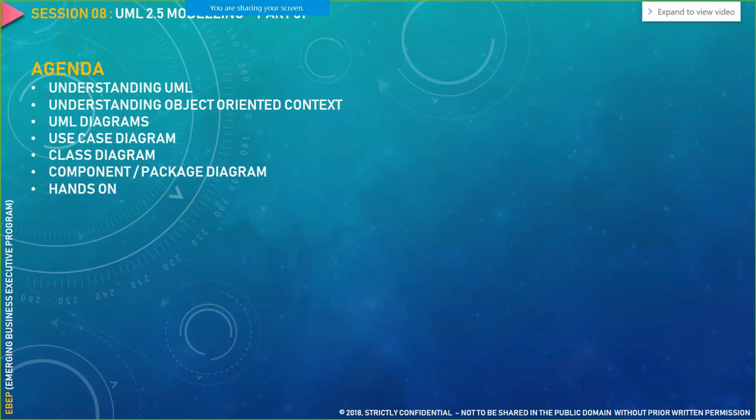Okay, so in today's session, we are going to cover unified modeling language. This is one of the modeling languages that we use as a business analyst to model our requirements. Essentially, it's a pictorial representation of what we write in plain textual format. So whatever requirements you write, either in a business requirement document at a very high level or described in a functional specification document.